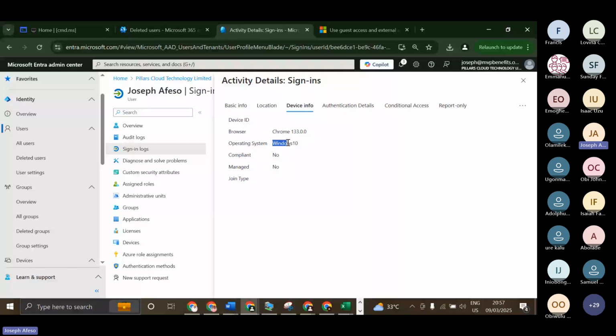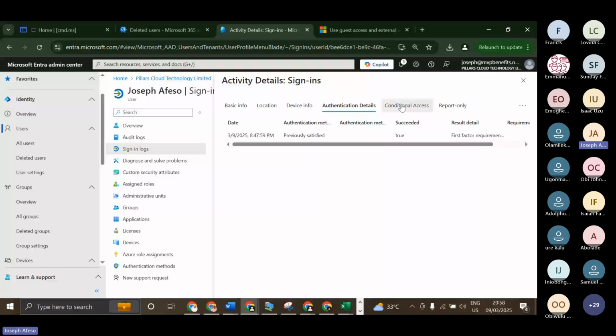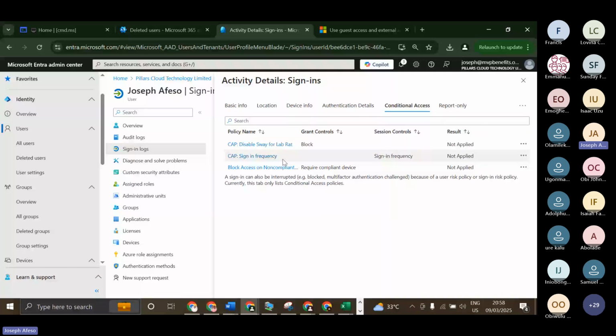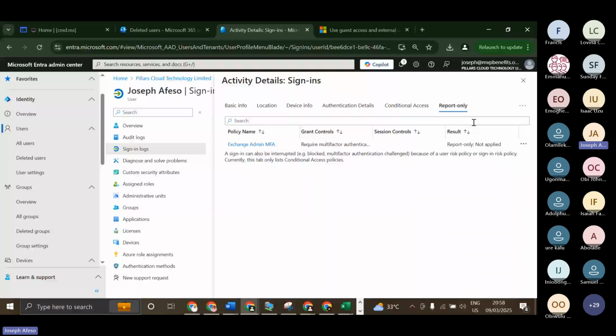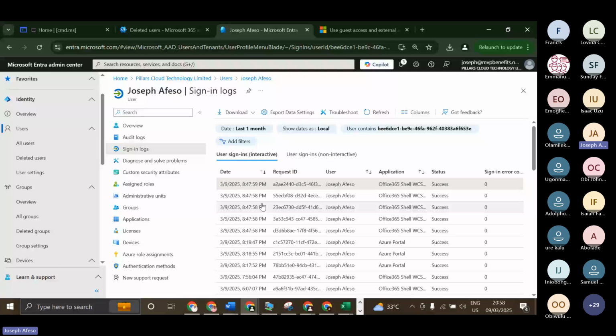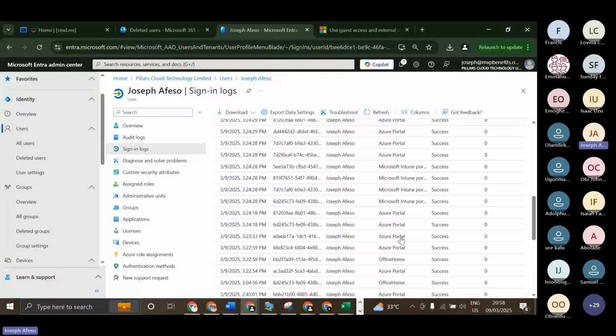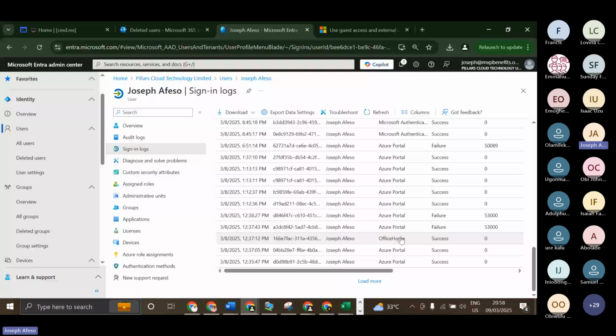Then compliance, the device was not a compliant device. The reason it's not compliant is that I have a setting that says Windows Defender Firewall must be turned on for machines to be marked as compliant, and that's one of the reasons I mentioned that I locked myself out yesterday. So authentication details, you can also look at them. Conditional access, if there are policies applied that way, you can also look through them. And then report-only, you can look at the conditional access in the report-only environment. So you can actually go as far as digging deep into my own sign-in as an entity,